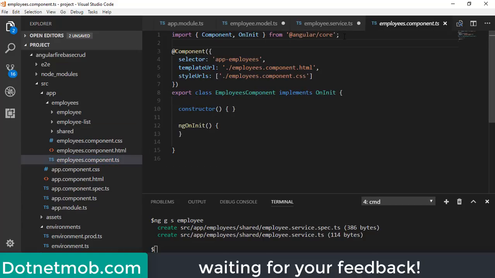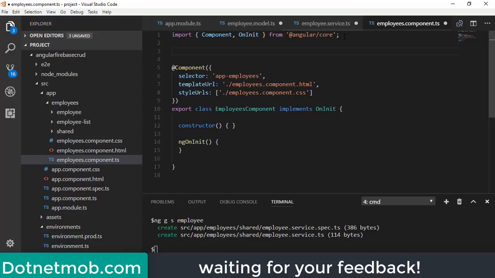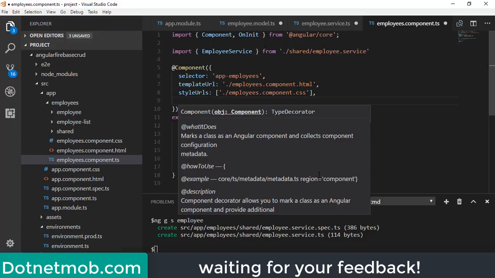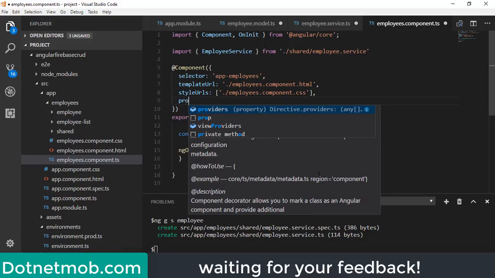Employees.component.ts. First of all, we have to import the employee service here. Import from shared folder, then employee service. So here we are importing the employee service class. When we inject service classes into a component, we have to include the service class inside the providers list like this.